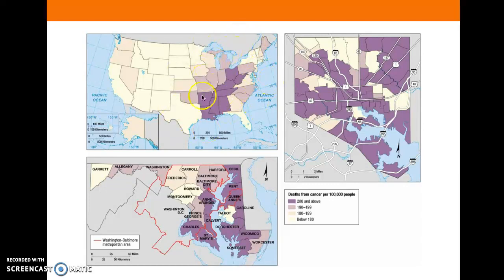If you look at this map here, it looks like Maryland doesn't really have a problem. It doesn't look like it has that much cancer. It's below the 180 per 100,000 people. So let's blow it up and look at a bigger scale, right? Here's your graphic scale. We blow it up and look at a larger scale, and we can see that within Maryland, there are areas that clearly have high rates of industrial-caused cancer, rates of 200 people per every 100,000. Just like the darker areas in this map.